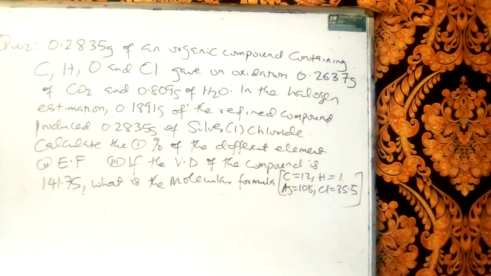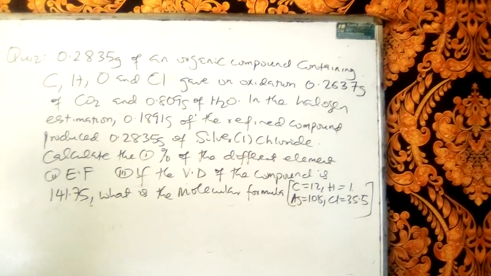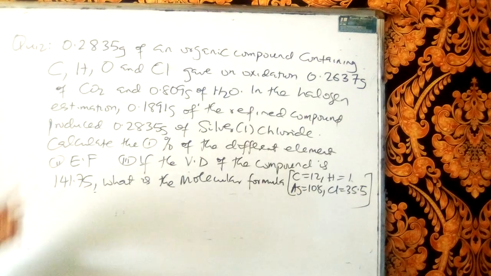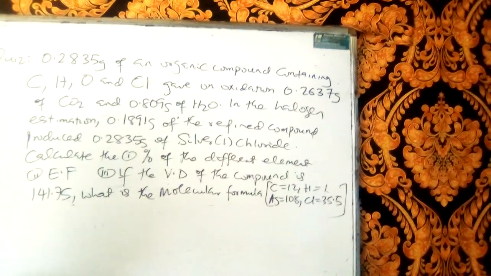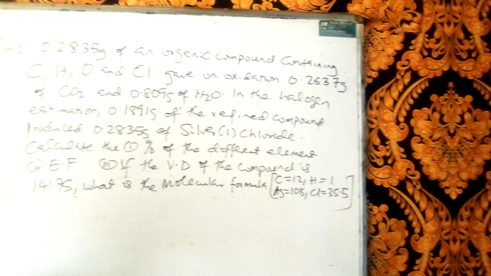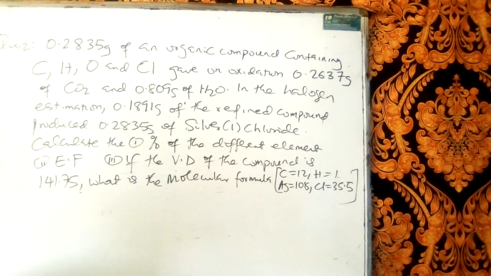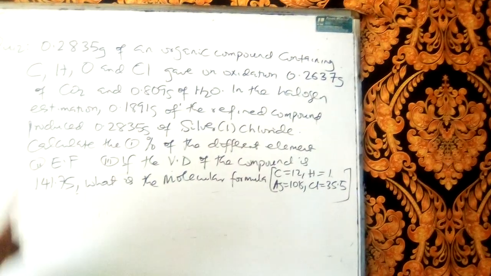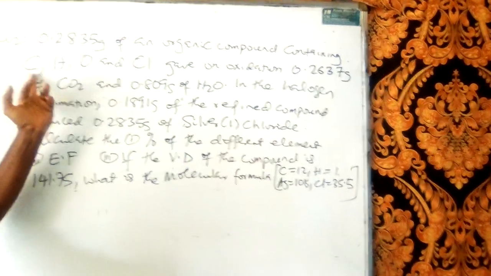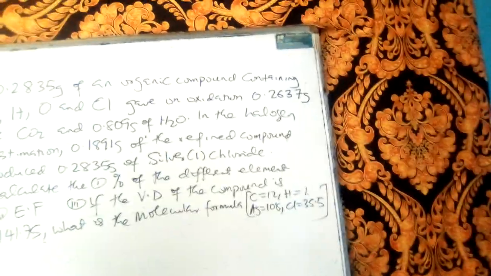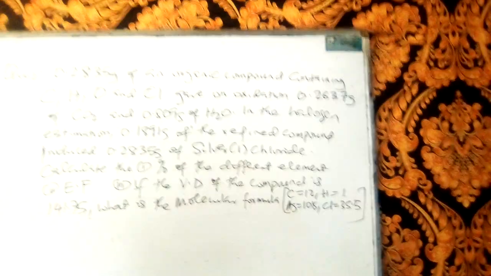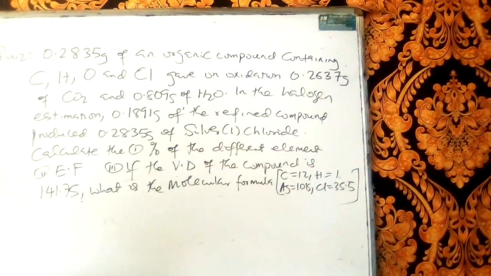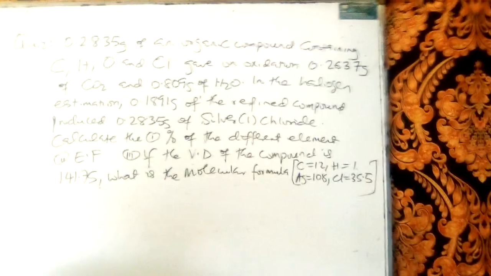Okay, we now have another problem on the board, but a pretty difficult one, or more difficult than the former one we solved. We have 0.2835 gram of organic compound containing carbon, hydrogen, oxygen and chlorine, 4 elements. Give on oxidation 0.2637 gram of carbon dioxide and 0.809 gram of water. In the halogen estimation,